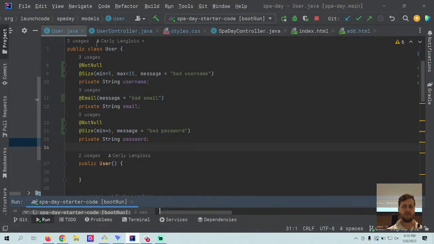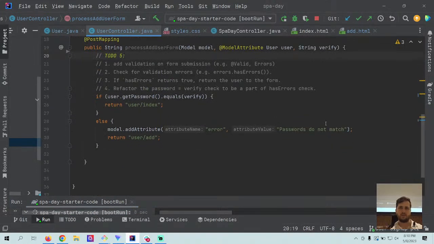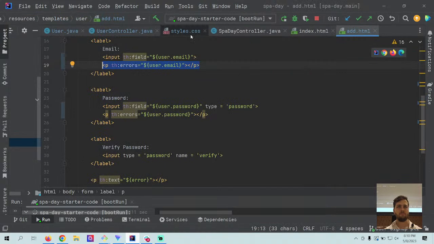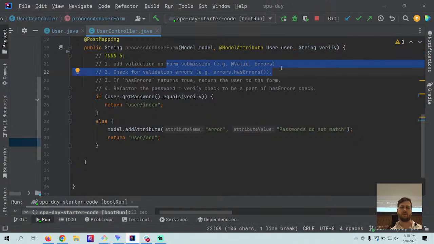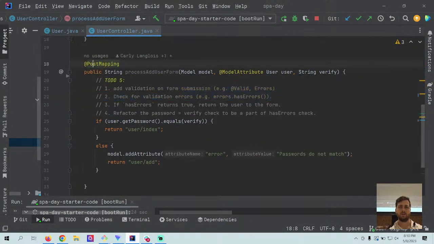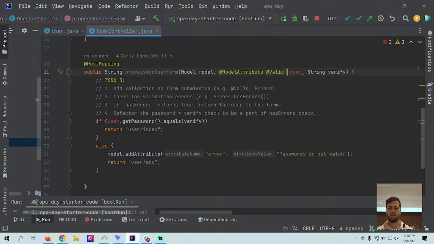Let's see. So jump over to the user controller for the last to-do item. Oops. Let me just close some stuff so it's easier for me not to accidentally click on it. All right. We need to add validation on form submission. So when we submit the form, it's going to reach this post mapping. So we need to add @Valid here. And then immediately after that, we need